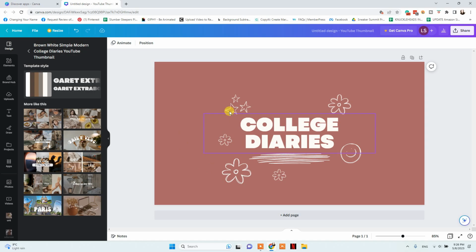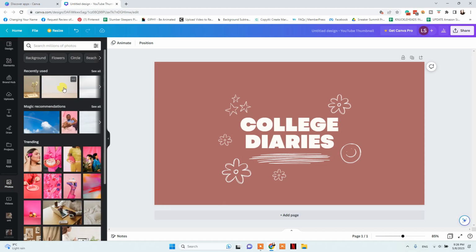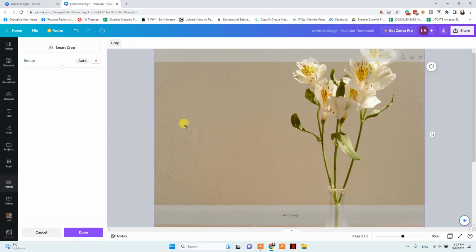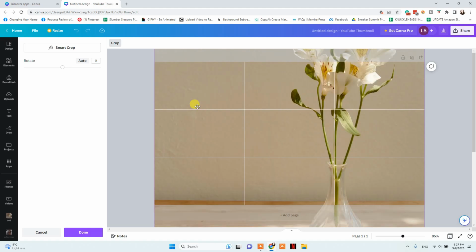To add a photo anywhere in the design, you can drag and drop it in the background. For example, you can choose from photos. They have a bunch of free photos you have recently used, or you can choose from trending or magic recommendations, or you can just search millions of photos, as you can see right here. To change its position in the background, just simply double click and change the position of the photo,